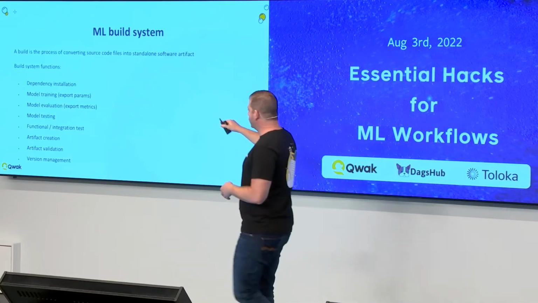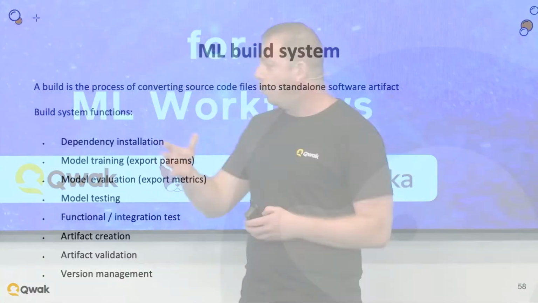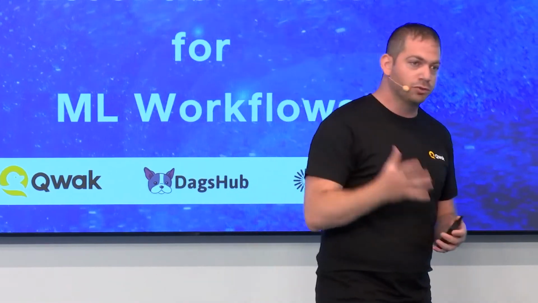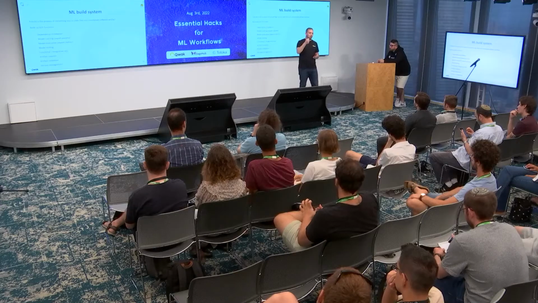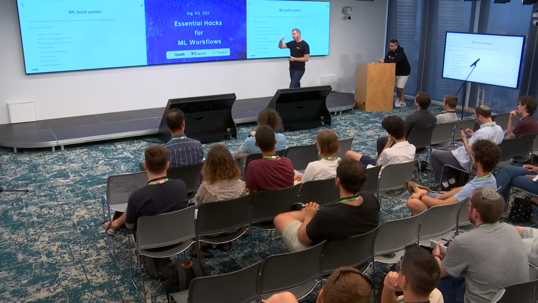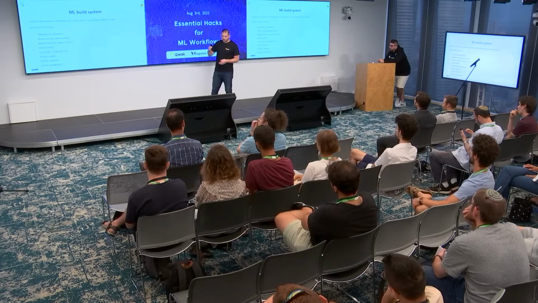Fourth is model testing. So model testing is not just a data science thing. If you build a model to production, this model probably has a function that runs an inference on this model. You want to test this function. In many cases, in this function, you have even other functions like data pre-processing or data enrichment or any other kind of process. So all those things need to be tested. And you want to create a system that allows you to create unit tests, to create integration tests, to make sure that the new version actually works. When you build this new version, it won't eventually break down in production. So that's functional and integration testing.